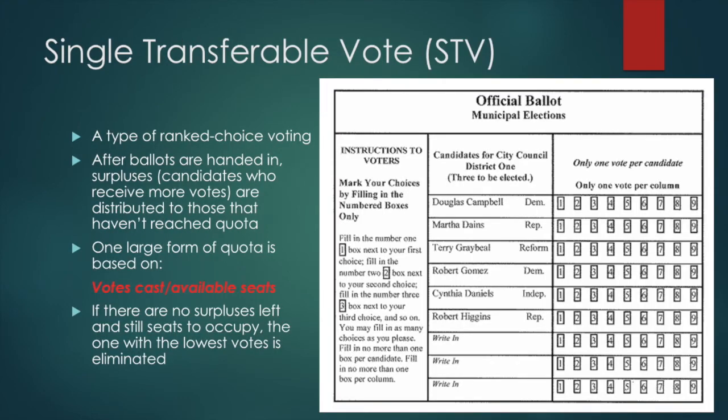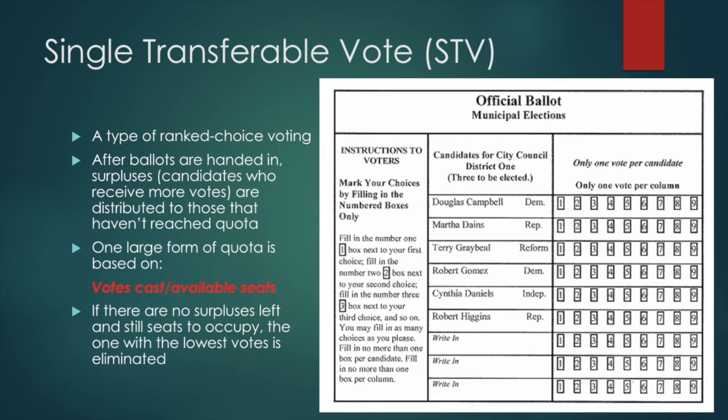Now we're going to talk about the single transferable vote, a different section in proportional representation. Unlike party lists, the single transferable vote is geared more to individuals, though it does benefit parties as well. Single transferable vote is a type of ranked choice voting, where each voter will assign rankings to each of the